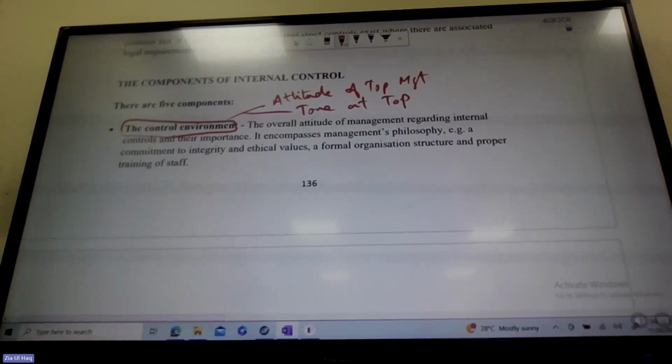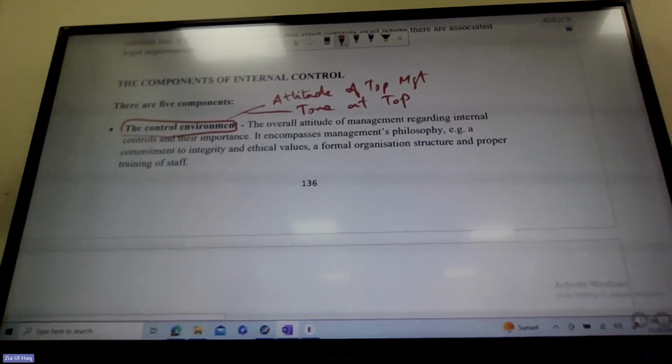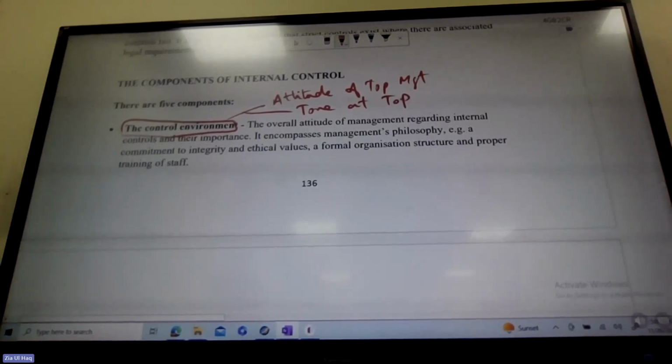If the top management has a positive attitude regarding policies and procedures, meaning they themselves are following rules, everybody else in the organization will be influenced by them. They try to follow their superiors. This means everybody else working under them will also be following policies, procedures, and rules,